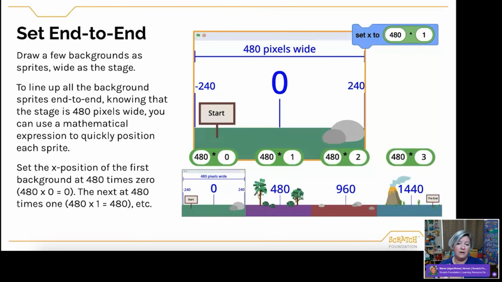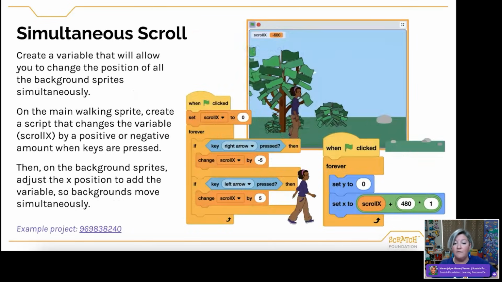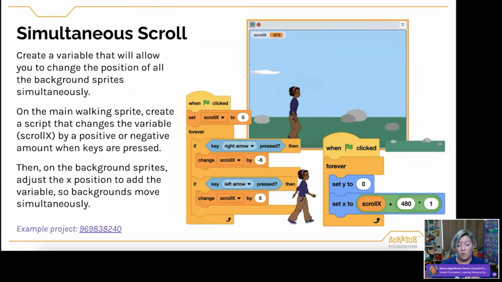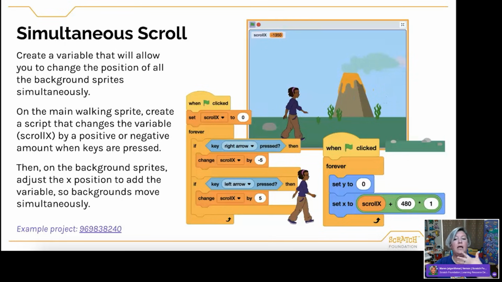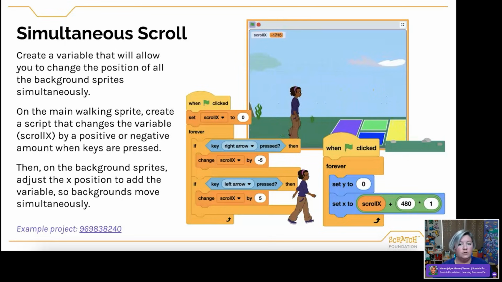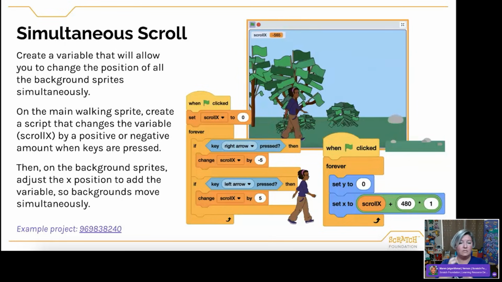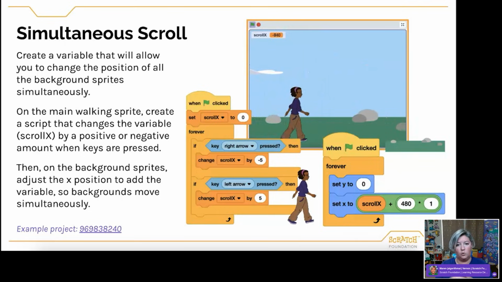And just this diagram here is showing you what I show you in the cards in the video, but how they're all using some math stacked up back to back to back so that as you move forward and backward, they're all scrolling at the same rate together. We're using variables in order to create this background that scrolls all at the same rate together. And in this version, the user is able to control that scroll using those left and right arrow keys and using this main sprite to navigate through this world.